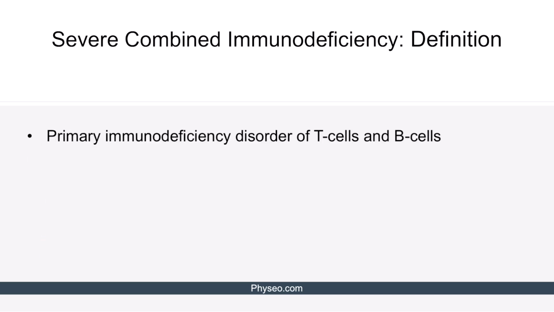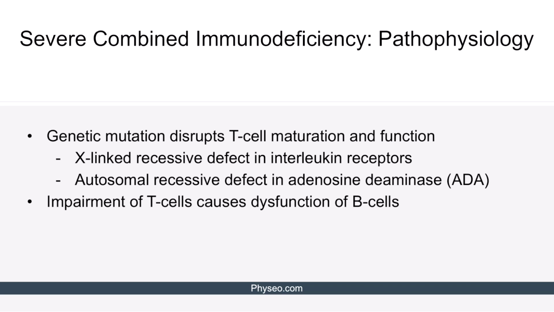At its core, severe combined immunodeficiency is a primary immunodeficiency disorder of T cells and B cells. The pathophysiology of this disorder stems from a genetic mutation that disrupts T cell maturation and function. There is an X-linked recessive variant that leads to a defect in interleukin receptors, which impairs T cell maturation. There is also an autosomal recessive variant of SCID that leads to a defect in an enzyme called adenosine deaminase, or ADA. Without adenosine deaminase, toxic metabolites build up within T cells, which disrupt their function and eventually lead to